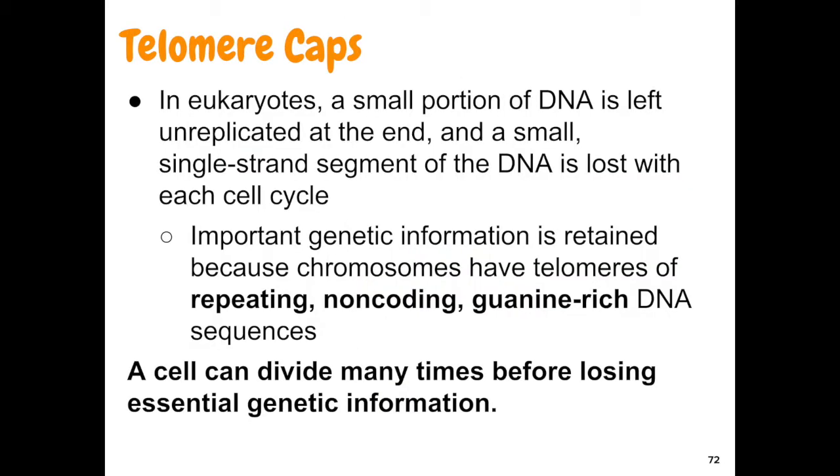And the last thing I want to discuss is the process of aging that happens and the reason why cells age. The reason why cells age has a lot to do with a certain part of our chromosome that's called a telomere. And a telomere is a small portion of the DNA that is left unreplicated at the end. And so once DNA has been replicated, there's one problem. The usual replication machinery provides no way to